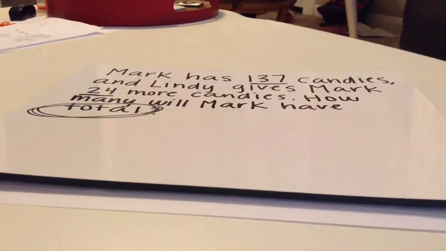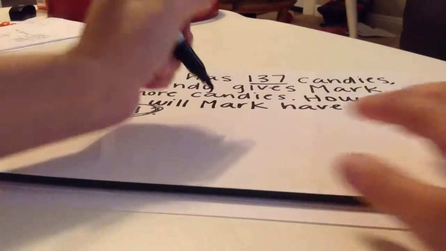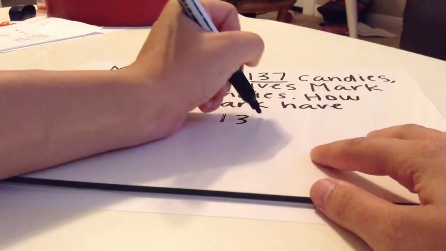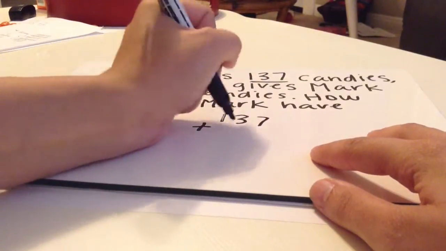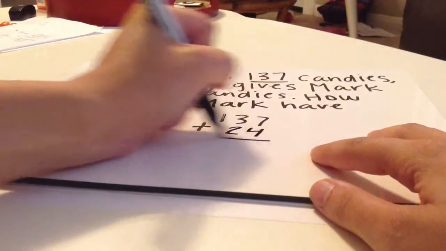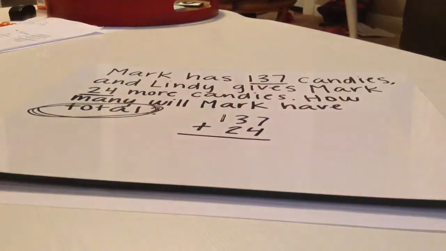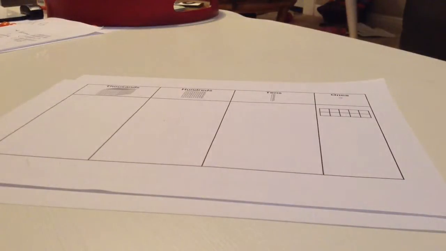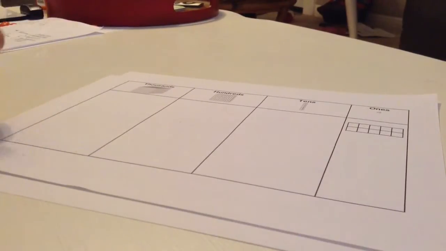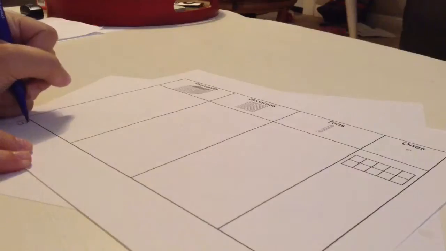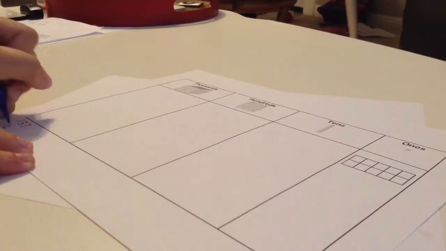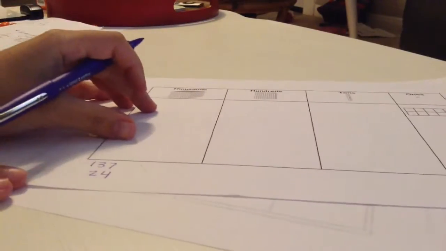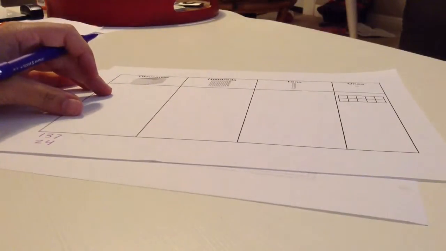So let's write that out real quick. 137 candies plus 24. Well, let's go ahead and look at it using a 10 frame place value chart. So just so we remember, I'm going to write 137 right here, and then I'm going to write 24. Okay, so if we have